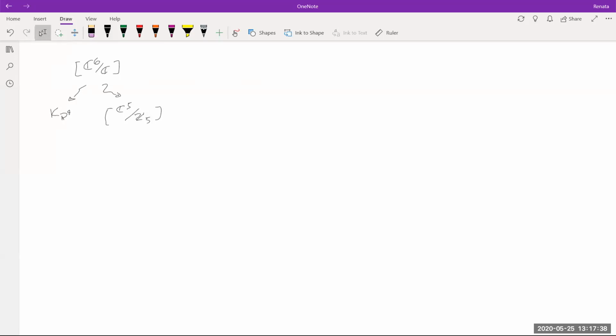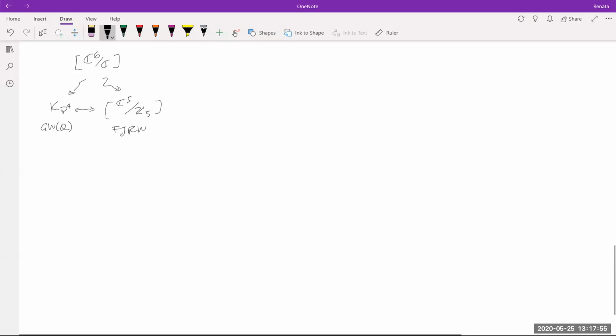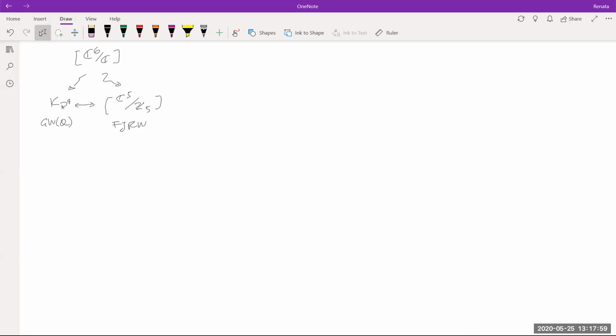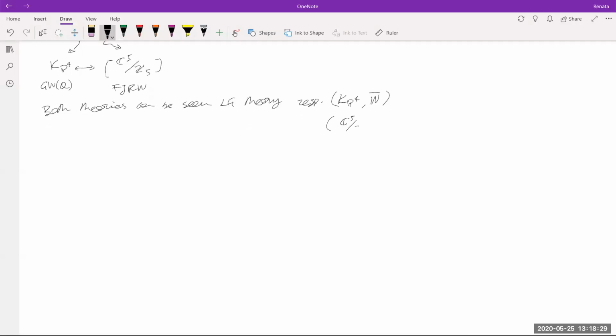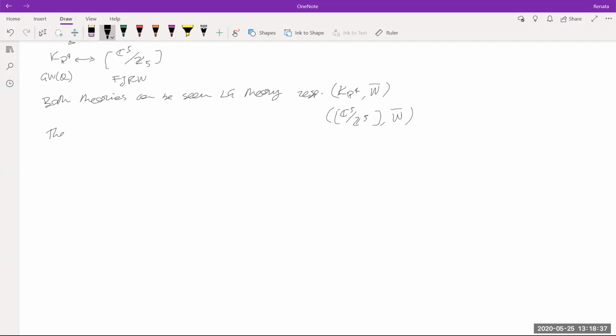So these two different GIT quotients have some theories on them. This one has the Gromov-Witten theory of the quintic, and this one another theory, JRW theory. What they try to do is relate these two theories. Their observation, their construction, is that both theories can be seen as some Landau-Ginzburg theory associated to the data respectively of KP4 with how the superpotential descends to it, and C5 over Z5 with the superpotential that descends to it, and they construct